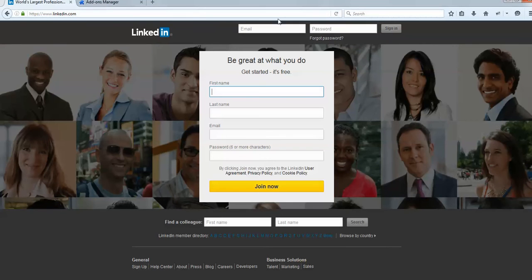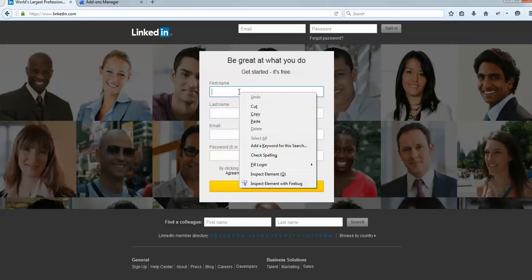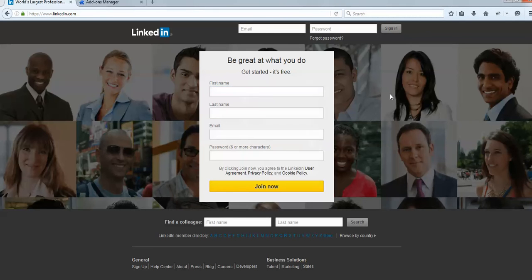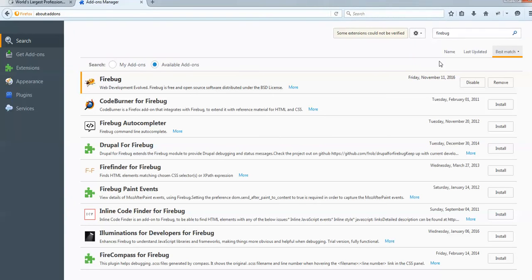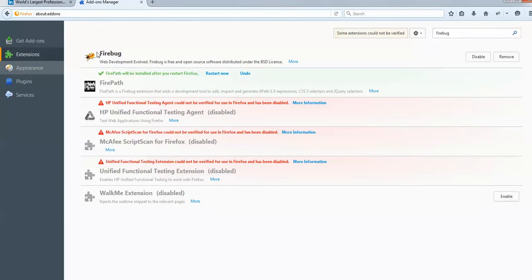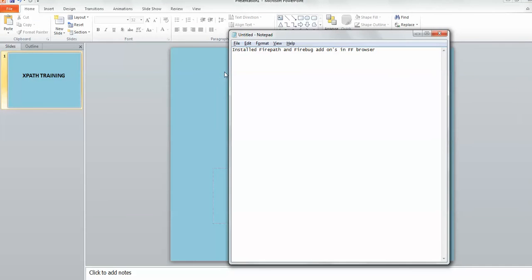Now I came to LinkedIn and need to refresh this, and when I right click on the element I want to inspect, right? Oops, this is not Firefox. Whenever we install add-ons, Firefox will ask us to restart so that they get activated. So I will click on restart now.